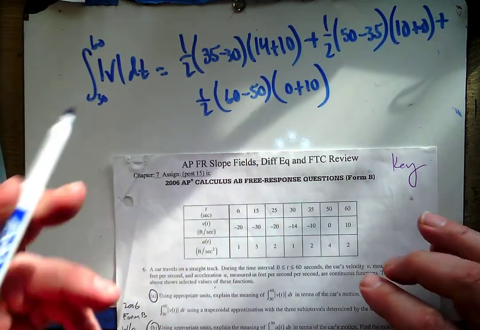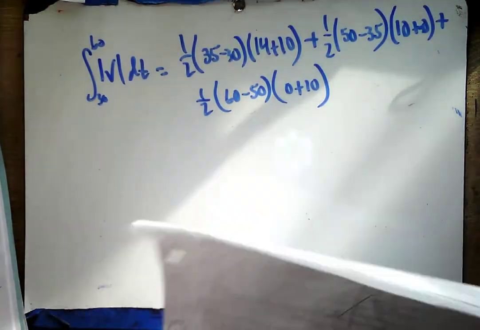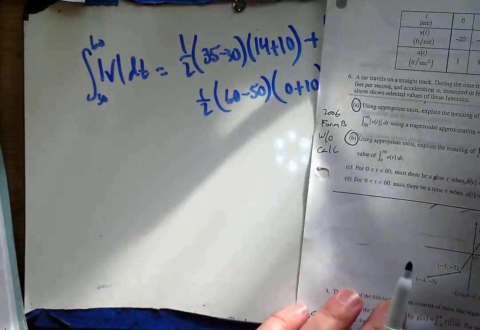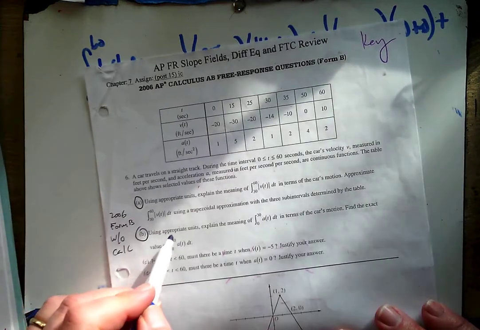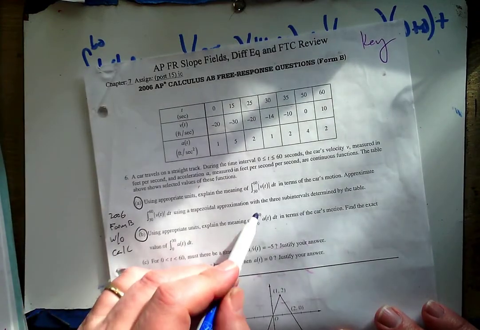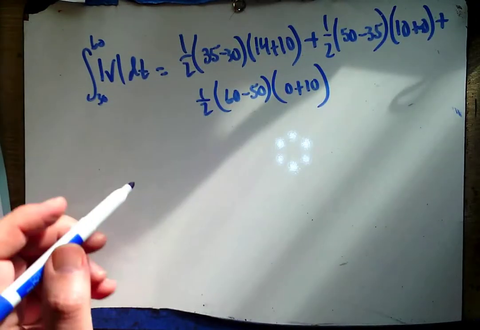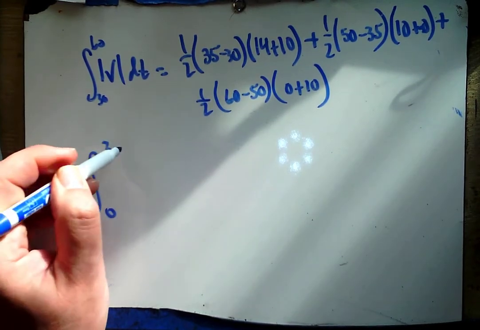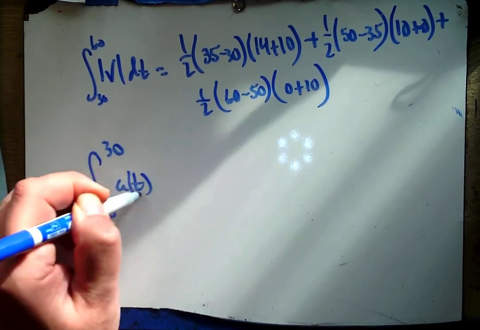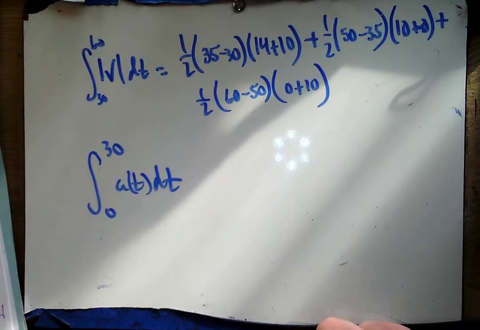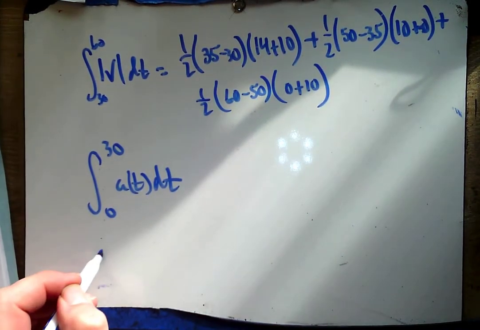The risk of me making a mistake is too great, so it's not worth the answer. But there's another question here. It says, using appropriate units, explain the meaning of the integral from 0 to 30 of a of t dt. What does that represent? Well, remember, acceleration